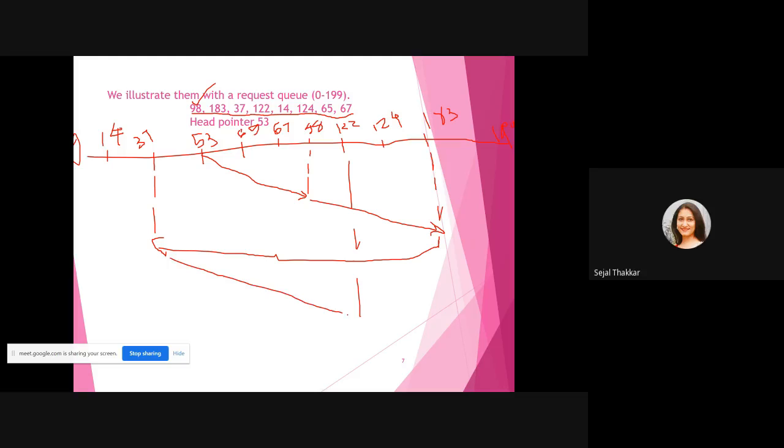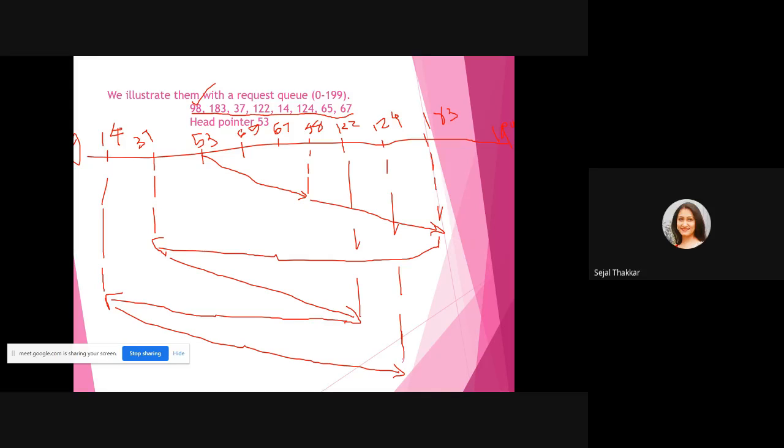Now it will come to the 122 from the 37. Then 14. So it will come from 122 to 14. Then 124. Then from 14, it will come to 124.